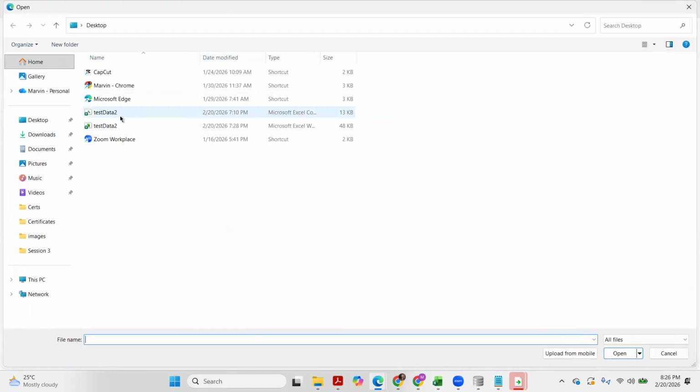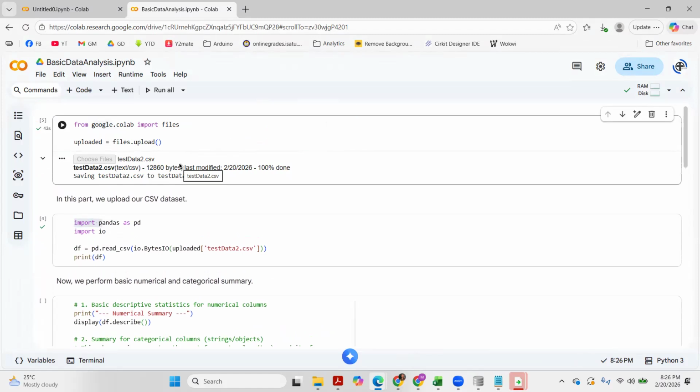In my case, I want to analyze my CSV, comma separated value file. So this one. Select and enter or click open. Okay, right now it stopped moving. And we now have the check icon here because we successfully uploaded our CSV file.